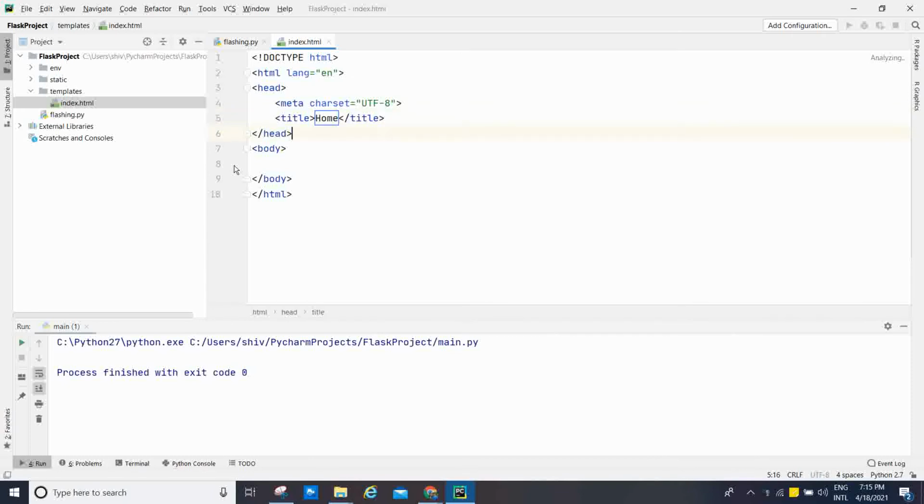Now here I'm going to create a body, and here percent with messages equal to get_flashed_messages with parentheses closed, and then after that curly braces if messages.